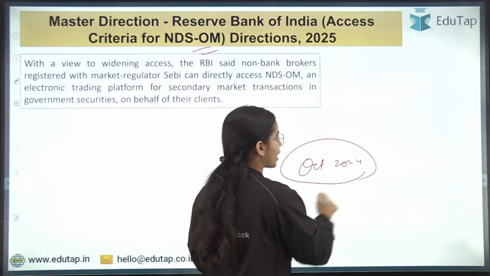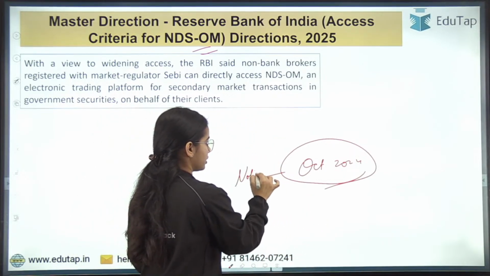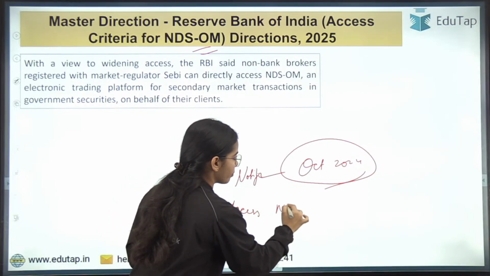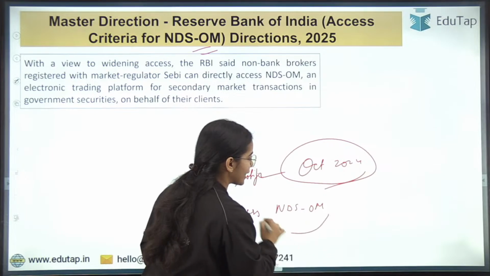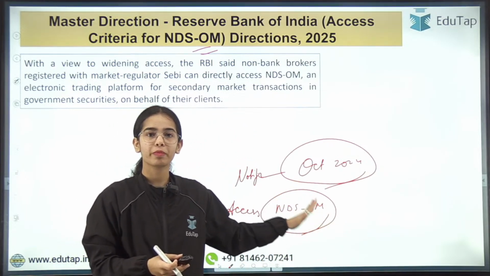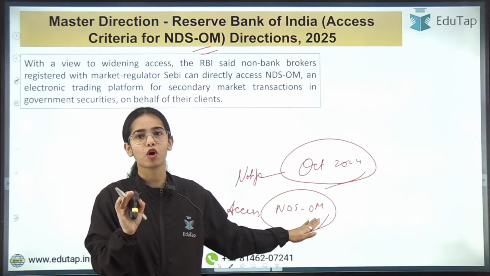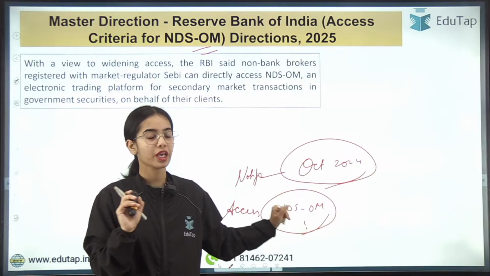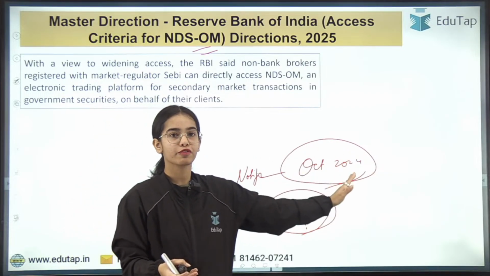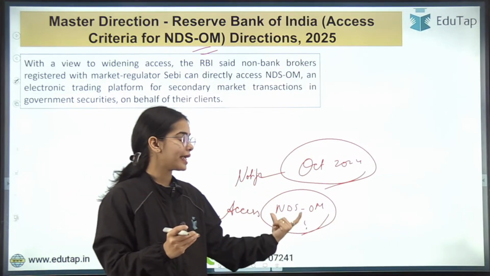2024, the Reserve Bank of India had released a notification regarding access to the NDS-OM platform, that is, who all have access to it. We will understand what this NDS-OM platform is, but before that just keep in mind that this is the platform of the Reserve Bank of India. RBI had released a notification in October 2024 regarding the direct and indirect access for the NDS-OM